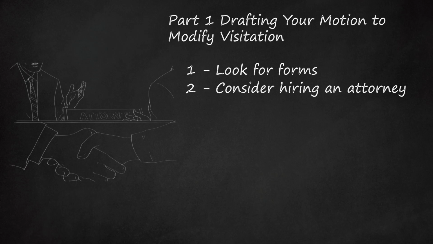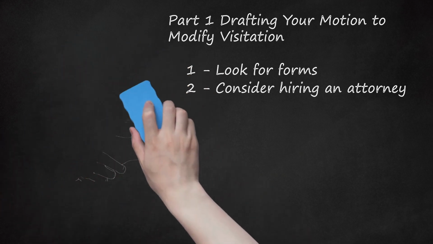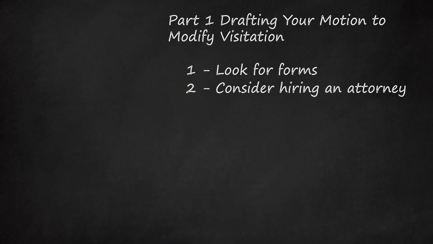If you are trying to eliminate visitation entirely, the odds are not in your favor that a judge will grant your motion. Hiring an attorney gives you a greater chance of ensuring that you've done everything you possibly could to protect your child and look out for her best interests. If you cannot afford an attorney, find out if your court has a self-help center or family court facilitator who can help you with your motion or petition and review your forms before you file them.